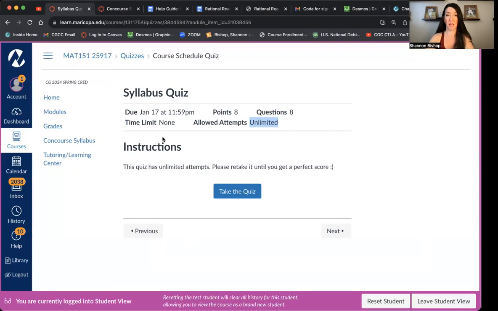The purpose of this is not to intimidate you or make you feel like you have a quiz right away. It's to just make sure that you've seen the policies that are listed in our syllabus that, in my opinion, are some of the most important ones. So that's what this is about. Again, you can take it as many times as you need to until you get 100%. Because when you're done getting 100%, the very next thing